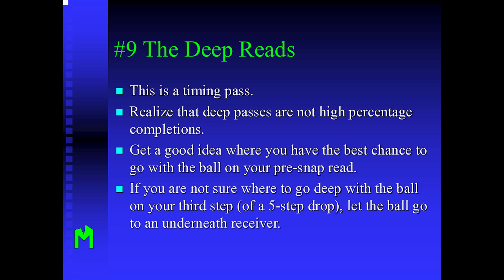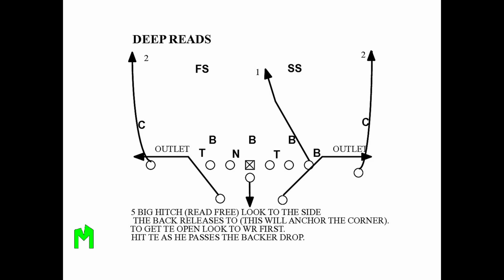is tight. In this deep reads concept, the quarterback takes a 5-step big hitch drop, reading the free defender first. The progression then looks to the side where the running back releases, which helps anchor the cornerback. The tight end is the primary target as he passes the linebacker's drop, with the wide receiver as the initial look. This layered read progression allows the quarterback to manipulate defenders and find the open receiver based on defensive alignment